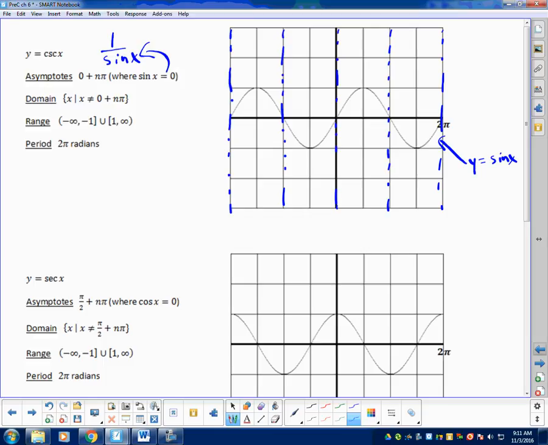The period is still every 2 pi radians. But what happens here is you have a whole bunch of things that look like a bunch of opposing parabolas. In other words, if you see the peaks and valleys on here, all you have to do is locate dots on those peaks or valleys, and then draw a little parabola-looking thing